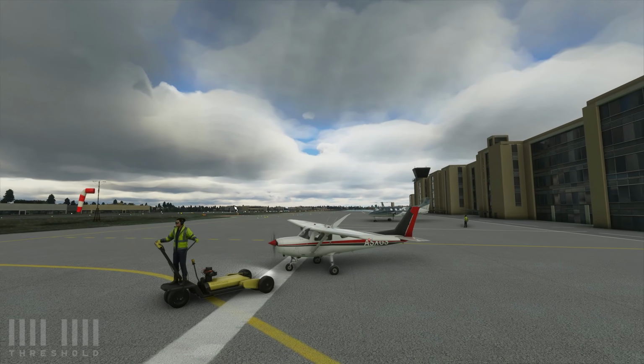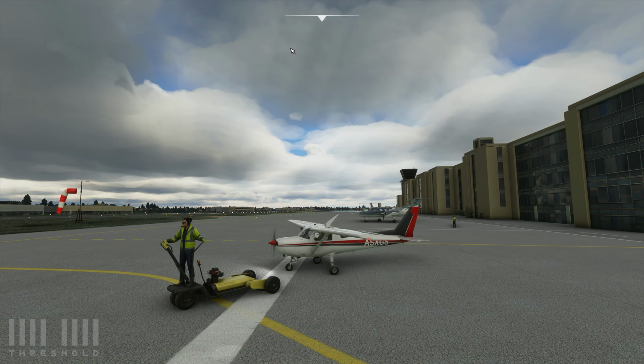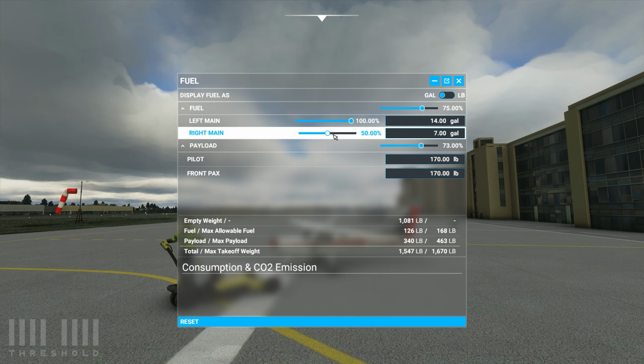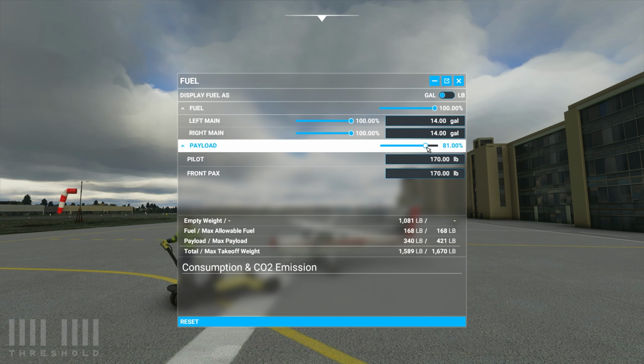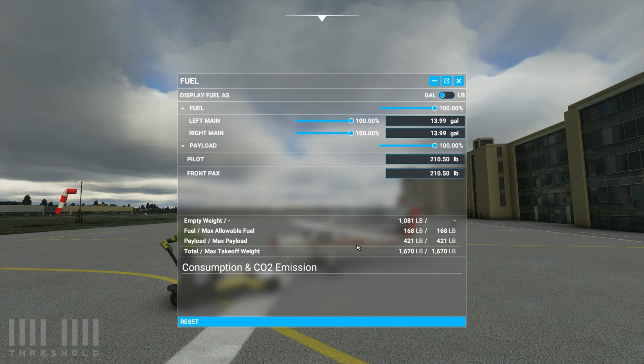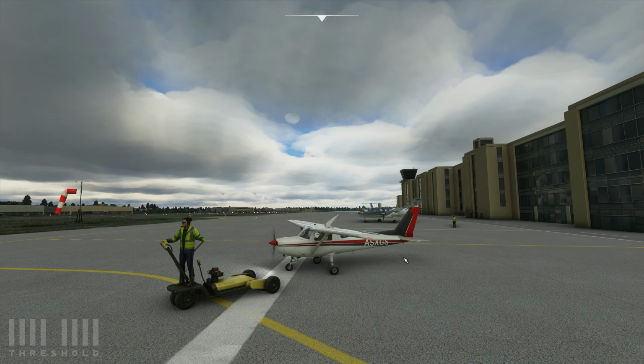Okay. So now what we're going to do is go to load and balance, and we're going to set the fuel to 100%, and we're going to set the payload to 100%. All right. So now everything is in red. No, it's looking okay. So it's happy. Okay. So now I'm going to give it exactly the same